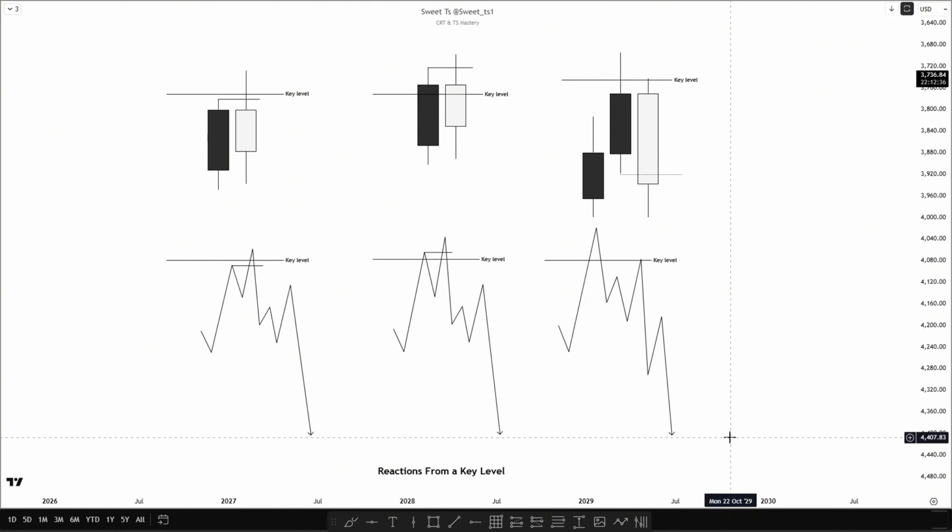A proper trade idea starts by properly marking the key level, keeping in mind that you already know what you're looking for in terms of reaction. Only after price reaches your key level do you start looking for trade opportunities, and this is our main topic: